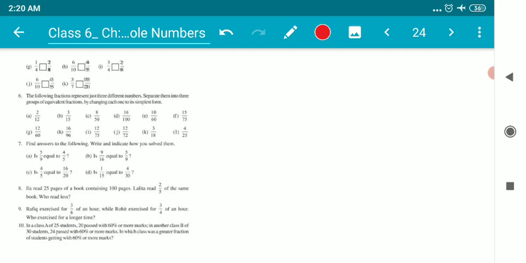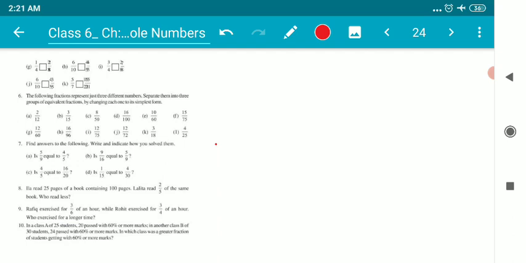Children, we have been dealing with the chapter fractions, chapter 7, in which we have already completed some exercises. 7.1, 7.2, 7.3 are over. So, till 7.4, we have discussed question number 1, 2, 3, 4, 5, and 6. So, children, there are some questions which I want you to learn, which are really very important questions and very useful concepts for higher classes as well.